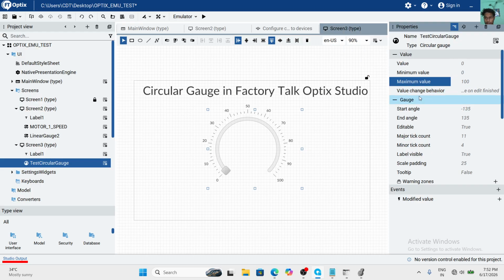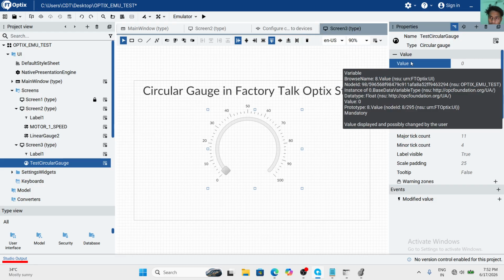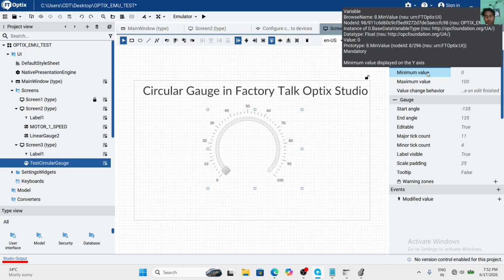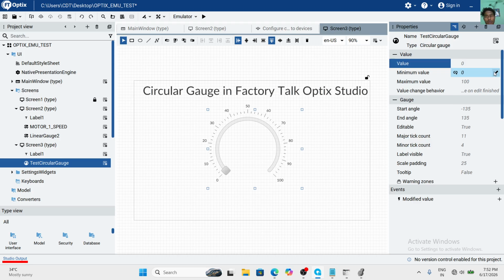Value change behavior: the value is displayed and possibly changed by the user. Here you have to give a tag in the value. The minimum value should be the minimum of the tag, and the maximum value is the maximum of the tag. Like, set the minimum value to 0 and the maximum value to 100.